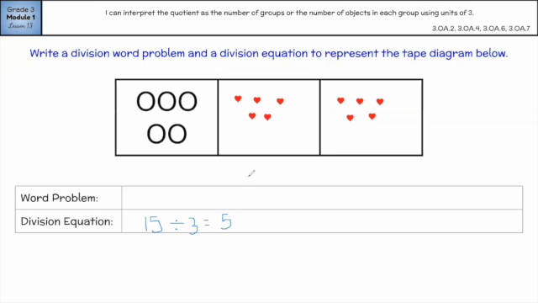Now, if I'm going to do a word problem, I could start by saying I have 15 pencils. I give 3 students an equal number of pencils. Each student would get 5 pencils. Or I could